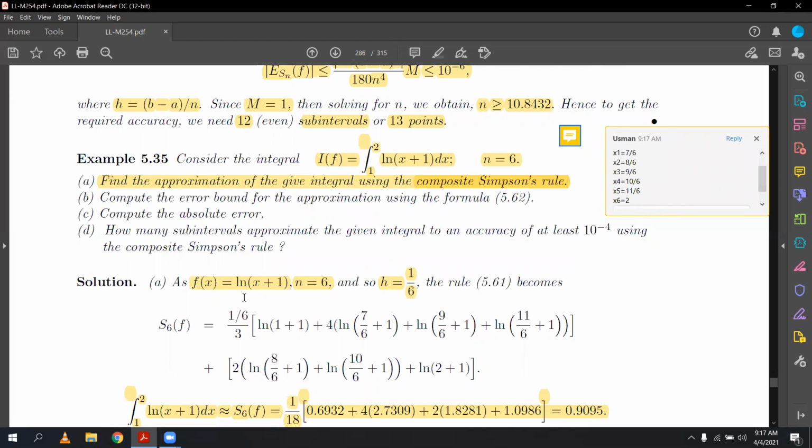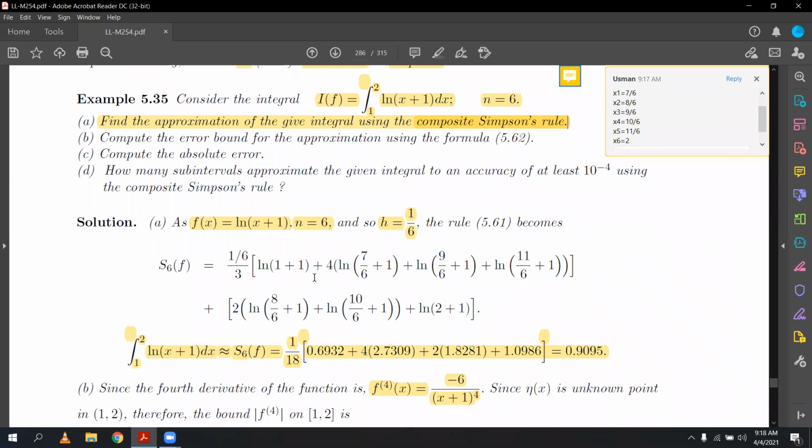Now use the formula h by 3, with the value of the function at the odd points multiplied by 4. How many odd points do we have? x1, x3, and x5. The function values at these points should be multiplied by 4. How many even points do we have? x2 and x4, only two. We multiply the function values at the even points by 2, which I did here. The corner points, the end points, the function values at the first and the last should be multiplied by 1. And the middle odd function values should be multiplied by 4. So we have